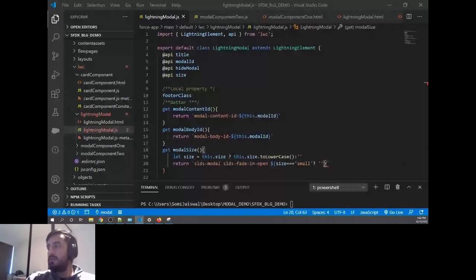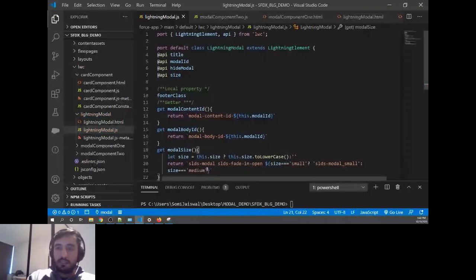So the ternary operator is like: check the condition. If it's true, the first operand will apply, otherwise the second will execute after the colon. So if it is small, model small will pass along with these two classes. I'm checking after that again, if size equal to medium, then you pass the class medium, that is SLDS model medium.